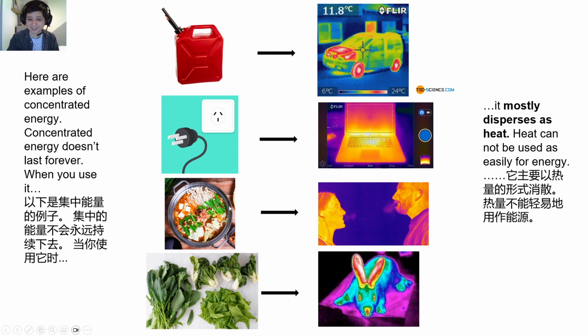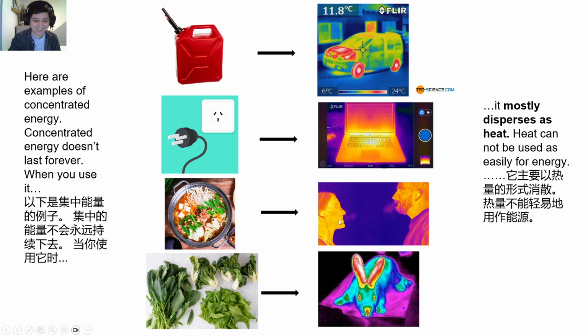Same thing with us. Humans need energy too. We eat hot pot, and then what happens? You can see in this picture, our skin is very hot and our breath is very hot and it comes out of our ears. We're constantly losing heat into the environment. So yes, we do need to eat constantly, to use as fuel, because if we don't, eventually we will lose this heat and we will die.